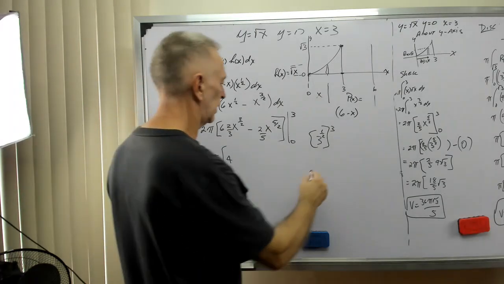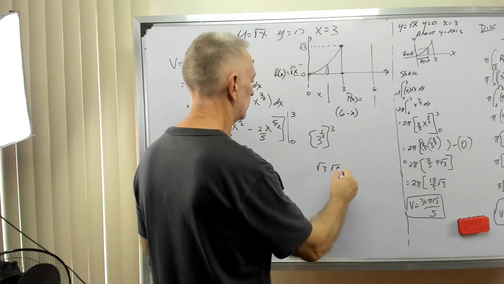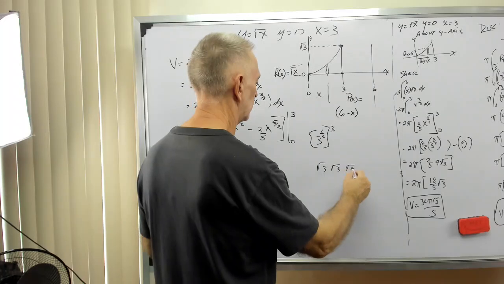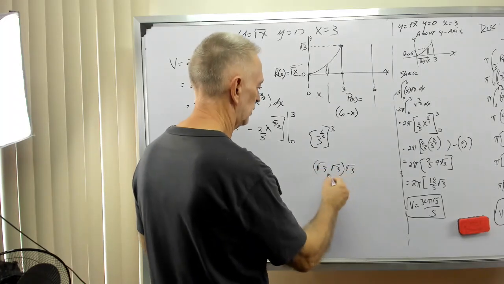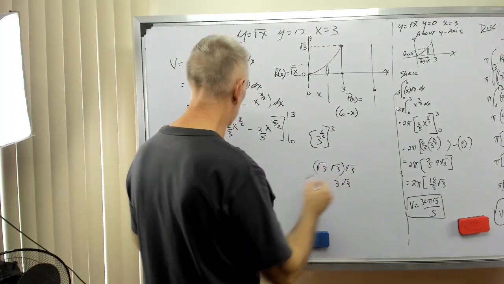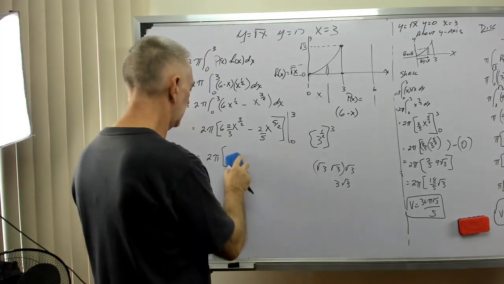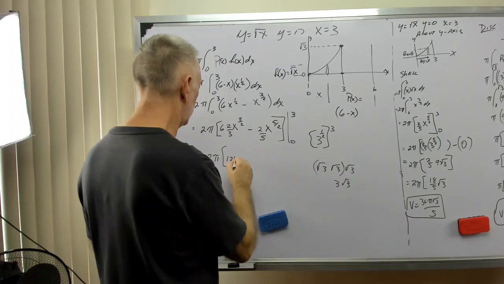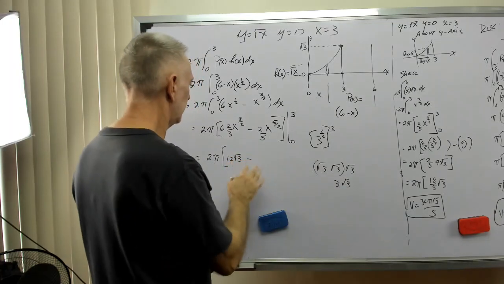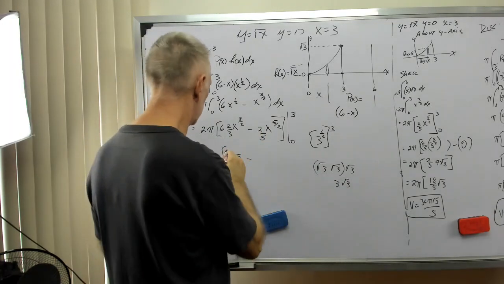That's how I'm going to look at that. So I have square root of 3 times square root of 3 times square root of 3, which is 3 times square root 3. So now 4 times 3 is 12, so I have 12 square root 3, okay, minus,